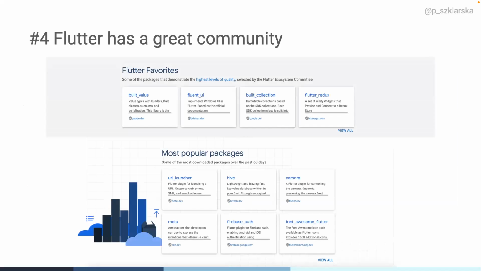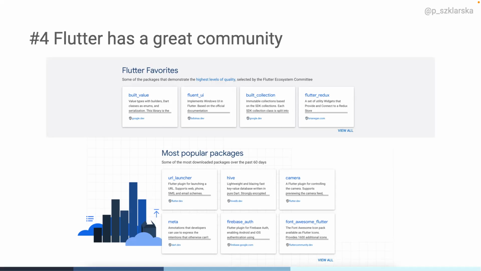And Flutter is not only about the community that takes, it's also about community that gives. So this great community also helps with developing Flutter by creating packages. So packages are libraries that can be used for the most common things like networking or Firebase or working with camera.